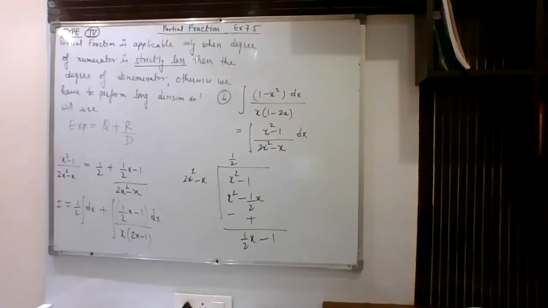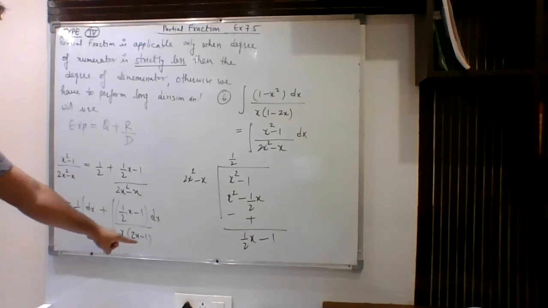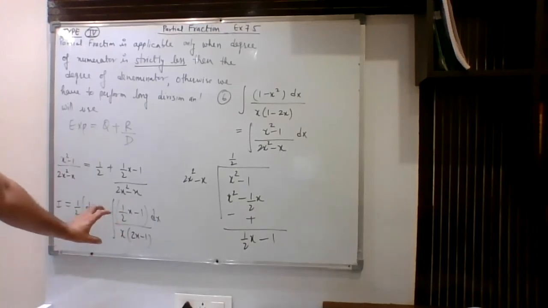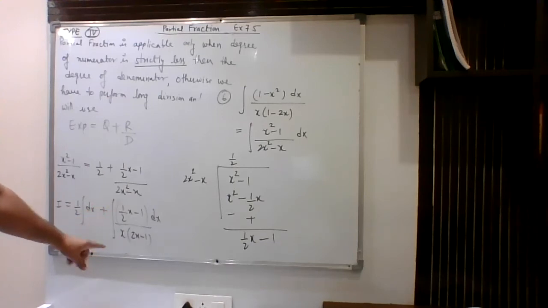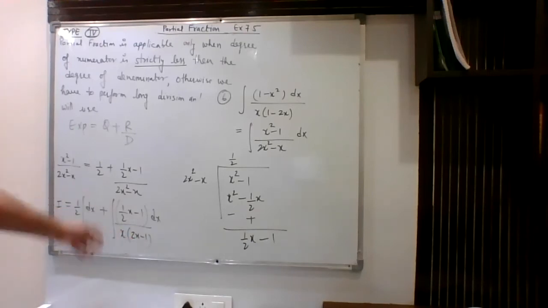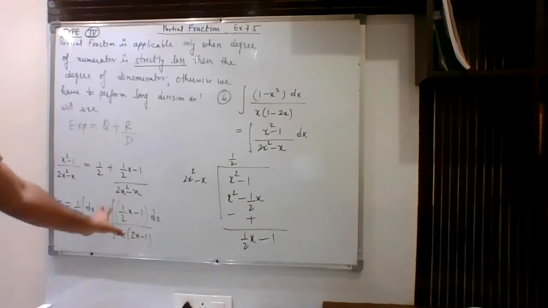So this is how I can write. Now here, this is that standard type number 1, where we have two distinct linear factors. So this can be done directly, and here this will be of the form linear distinct factors. So partial fraction number 1, type 1 you have to apply over here, and then easily we can do this question.